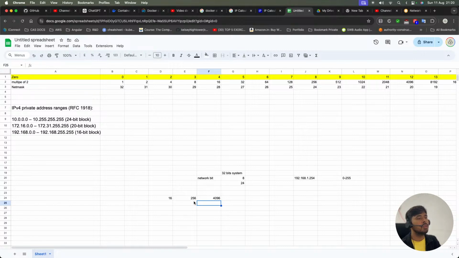So similarly, these are 20-bit block, these are the private IP address. So now how to calculate the subnet? If we consider 192,